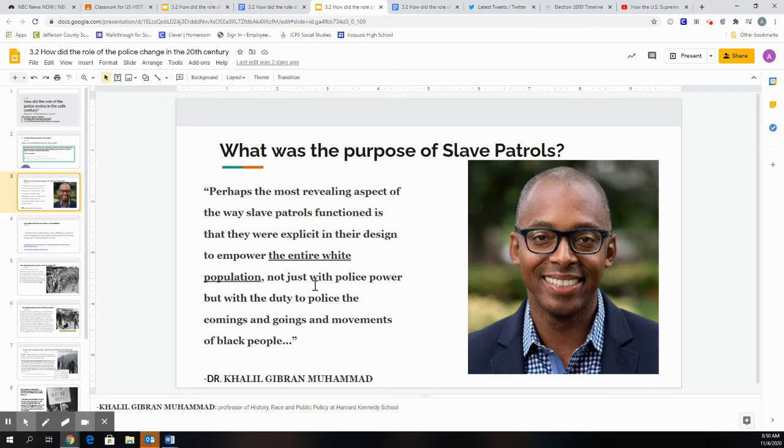What was the purpose of slave patrols? And this is just a quote. Perhaps the most revealing aspect of the way slave patrols function is that they were explicit and they're designed to empower the entire white population. So explicit means like it was very in your face, very obvious. It's basically saying, not just with police power, but the duty to police the comings and goings and movements of Black people. So again, another observation, and you don't necessarily have to have one for each slide, but just